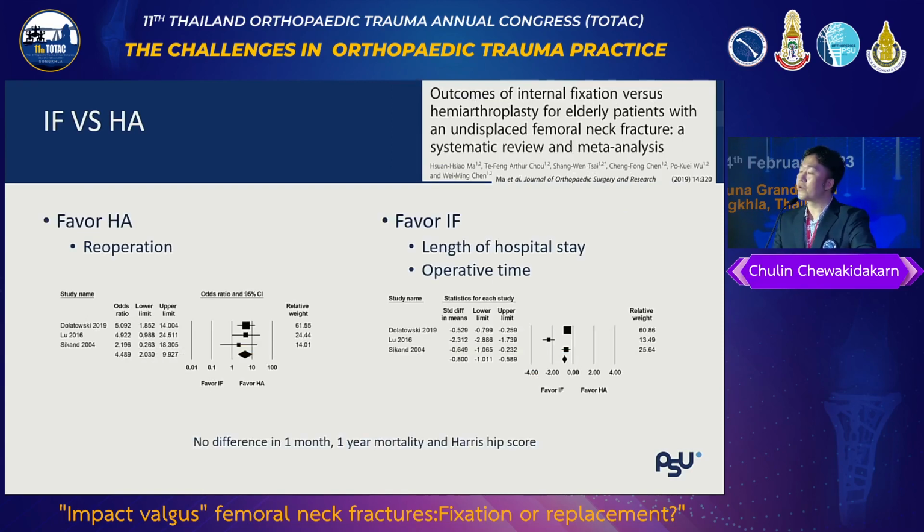There is also a systematic review and meta-analysis in 2019. The findings that favor the arthroplasty group are that reoperation is less in the arthroplasty group than fixation. But length of stay and operative time favor internal fixation. By the way, there is no difference in 1 month and 1 year mortality and Harris hip score between these two groups. I have to say that these comparative studies of internal fixation and arthroplasty didn't exclude the factor that is already proven to have a lot of fixation failure and reoperation, that is the posterior tilt,